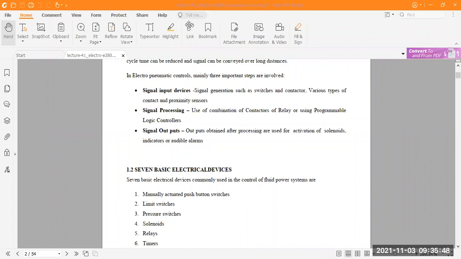Number 2 is signal processing. This is another important part, the processing device of the pneumatic controller. It uses a combination of different types of contactors and relays, and another device, the PLC, the programmable logic controller.